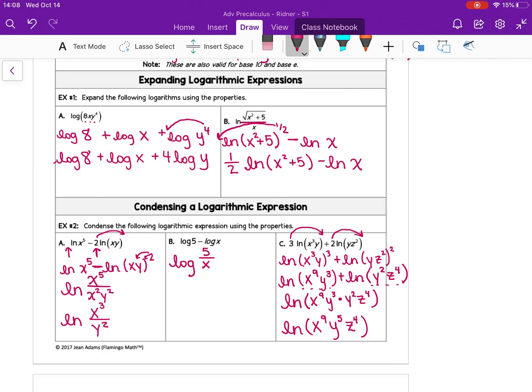All right, so you have one more practice for condensing. It's a cut and paste onto something else, and then you will